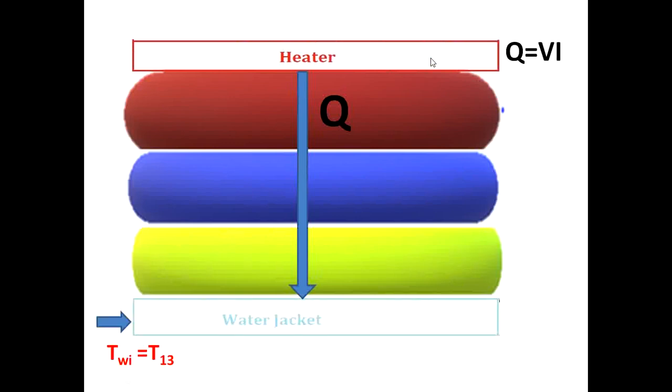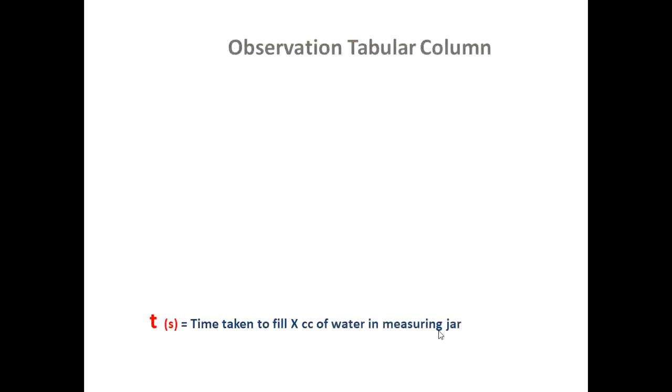A water jacket will be there beneath, and then you will have the water at the exit. TW0 is equal to T14. This side I will consider as the hot side, temperature TH, and the cold side temperature TC. The amount of heat energy carried away by the water is given by m Cp delta TW. This is delta T.